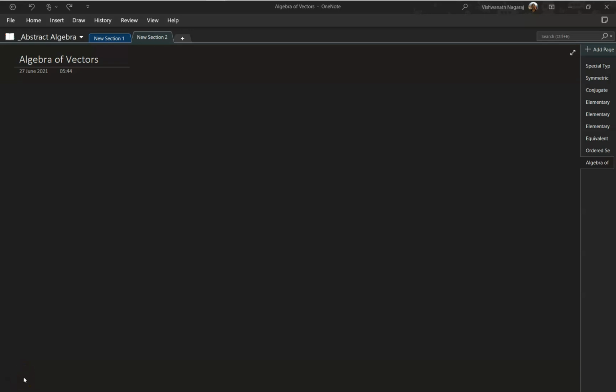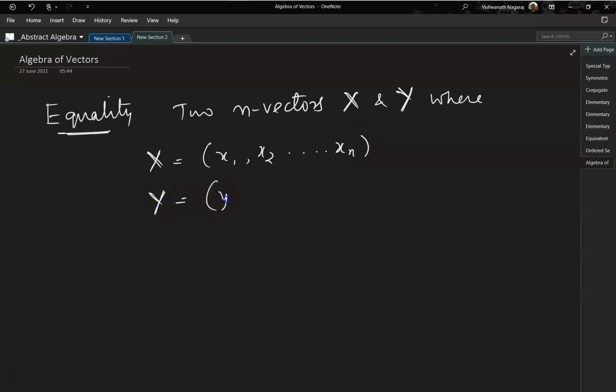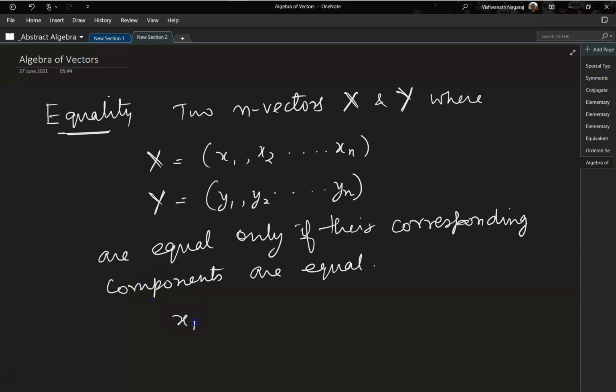Let's look at algebra of vectors. Okay, equality of two vectors. Two n vectors x and y, where x is equal to x1, x2, and so on to xn, and y is equal to y1, y2, and so on up to yn, are equal only if their corresponding components are equal. Which means x1 is equal to y1, x2 is equal to y2,